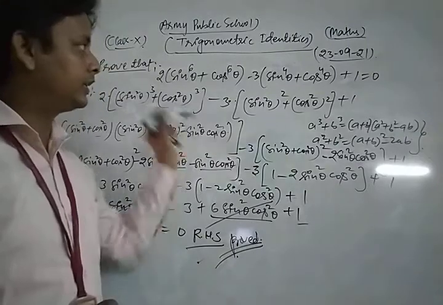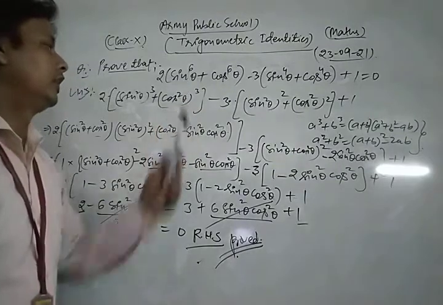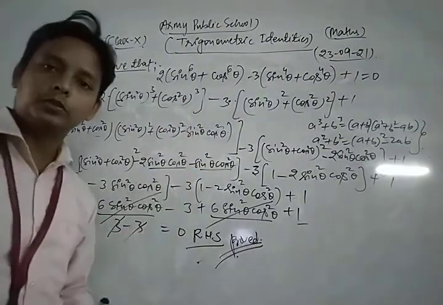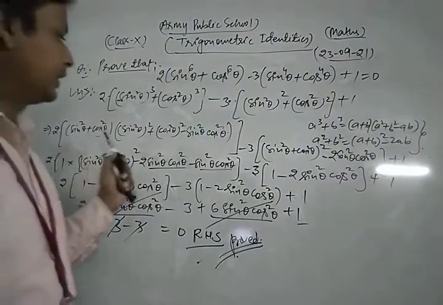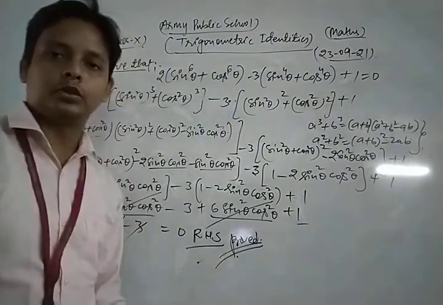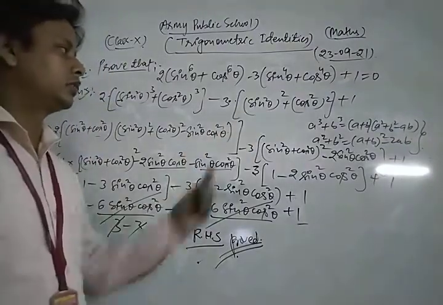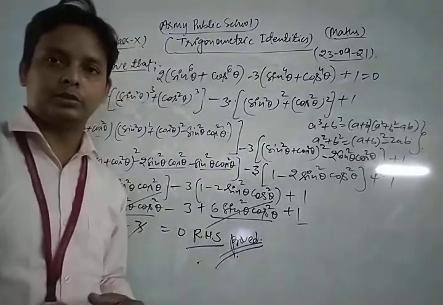Let's see once more. Here this is the given identity. First of all, we split the identity a cube plus b cube based on the identity. So a cube plus b cube we can write in this way: a plus b in one bracket, and in another bracket a square plus b square minus ab. And next, this is also based on the identity, a square plus b square, so we can write a plus b whole square minus 2ab.